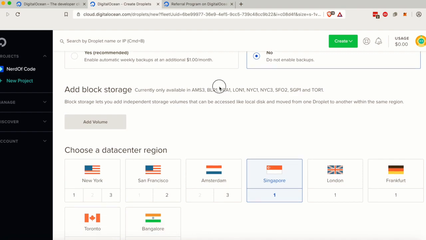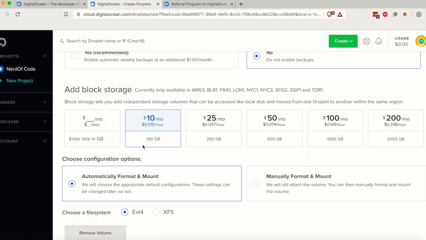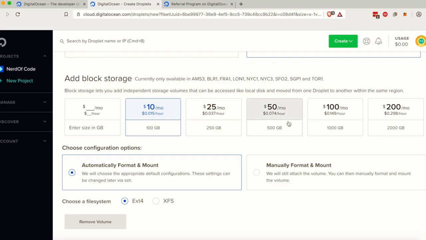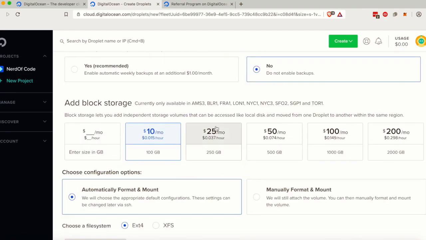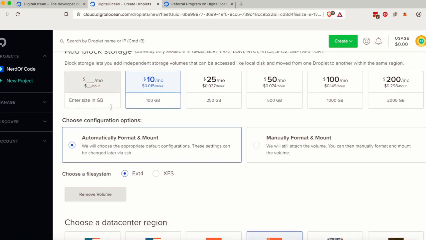Next we have this add block storage option. Again, if you're just starting out, you don't need block storage. But if you're wondering what block storage is, it basically allows you to connect an external media drive, all automatically, to the server, which expands the amount of space you have on the server. Again, no beginner's going to need this, especially if you're just testing out the server. And I believe it's, what? Looks like 10 cents a gigabyte? How do I close that? Anyways,